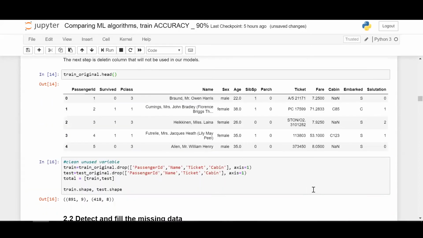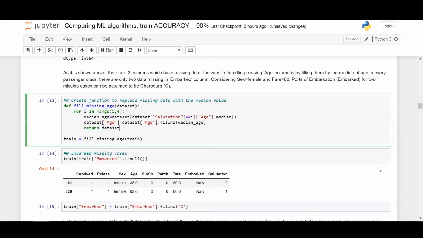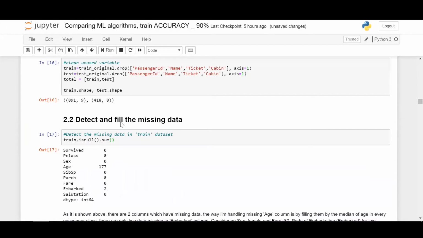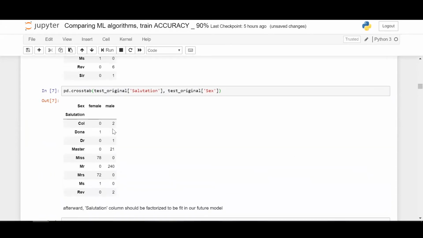If you notice the salutations here, there are 4 different salutations we have. So we are iterating through one between 1 and 4. People with salutations say Mr., Colonel, they will be of a higher age, say 50 plus, and Master as 35, 40 plus, and so on.